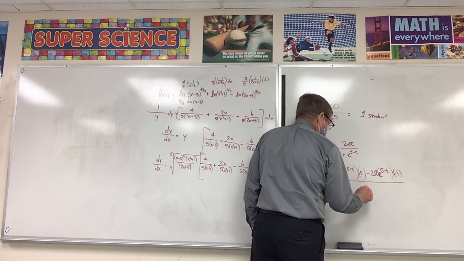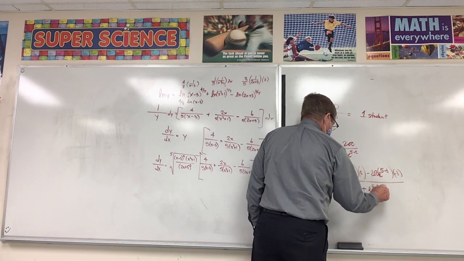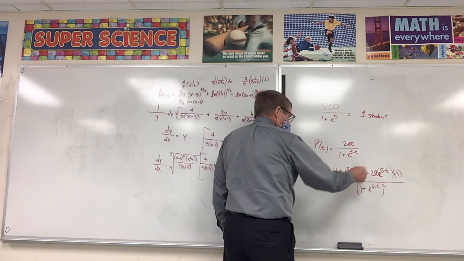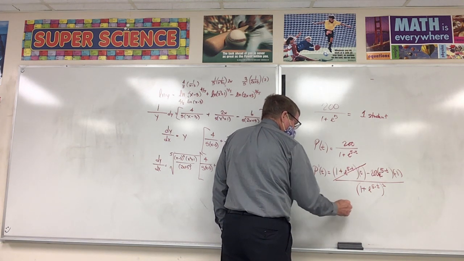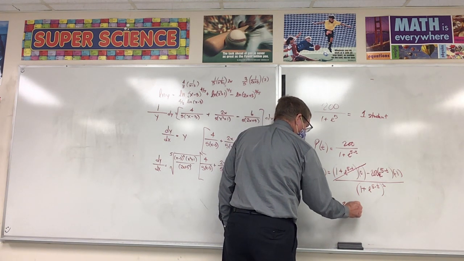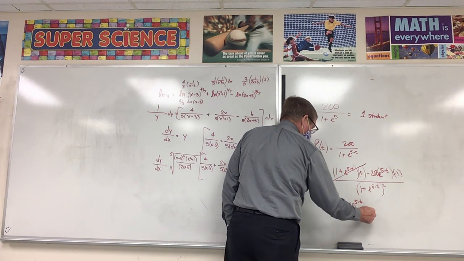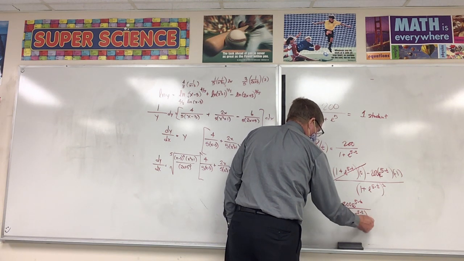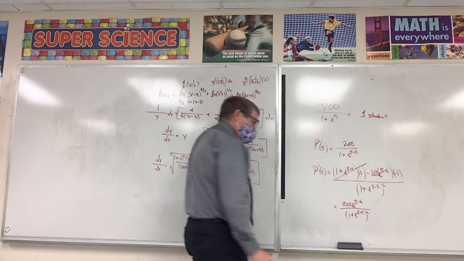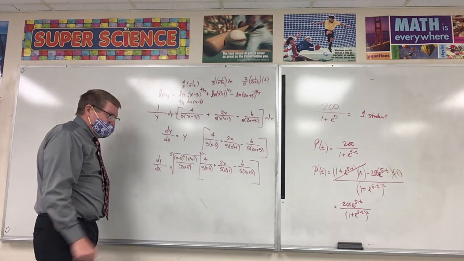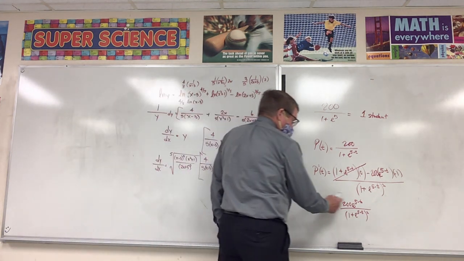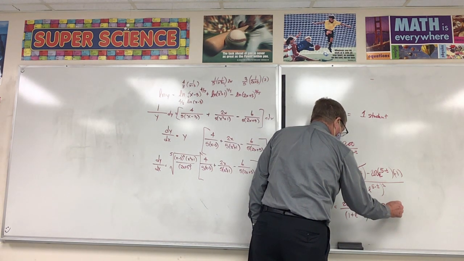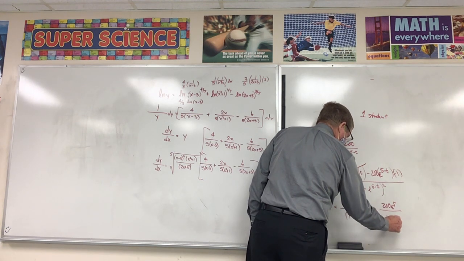All over squared, correct? If we simplify this, this disappears. So it's 200 e to the 5 minus t over 1 plus e to the 5 minus t squared. We want to find out the rate after 4 days. So we put 4 in. So it's going to be 200 e to the 5th over 1 plus e to the 5th